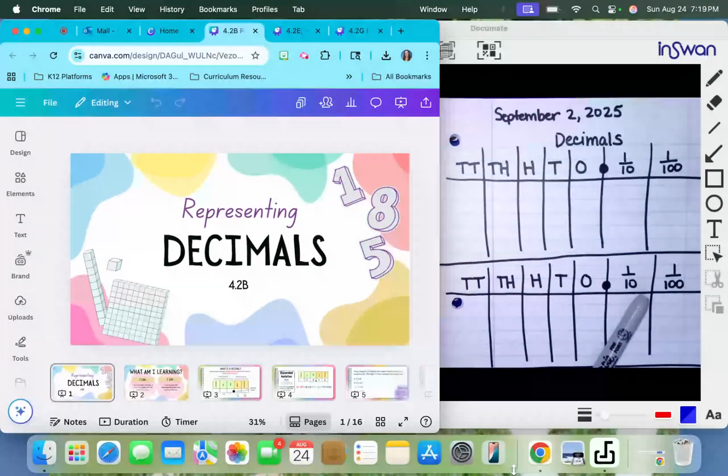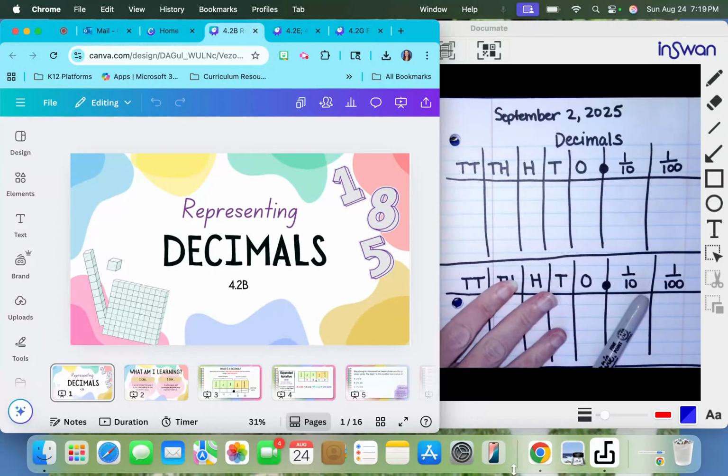Mathematician, in today's math lesson, we are going to be representing decimals. Before we get started, we want to make sure that we have our materials ready. You'll need your math journal and a pencil today. So if you do not have that with you right now, you can pause the video and go get your